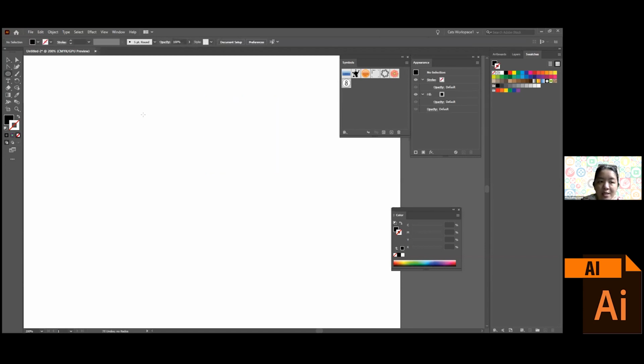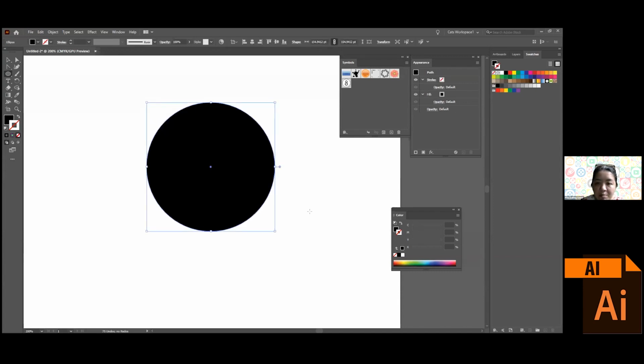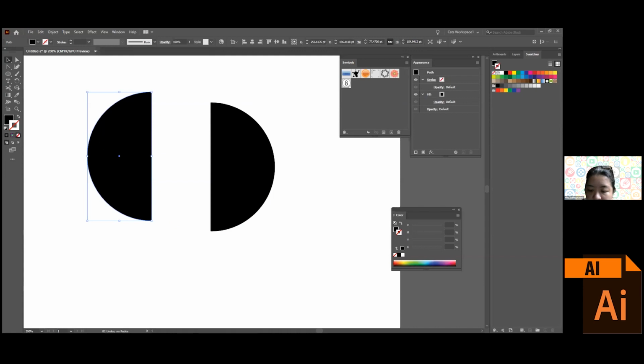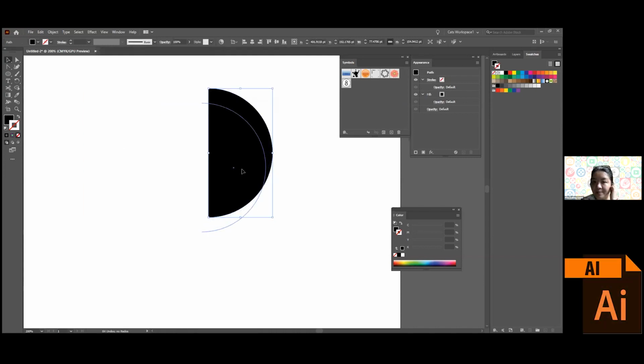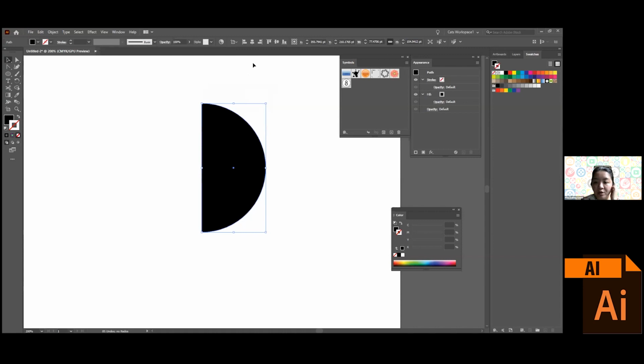Next, you're going to create a perfect circle first, but we will just need half of it. So what cutting tool can I use? I can use the scissor. So I'll click here, I'll click here. Select this part, just hit delete, and then we're left with this. Now all you have to do, guys, let me close this because we just need this too, is